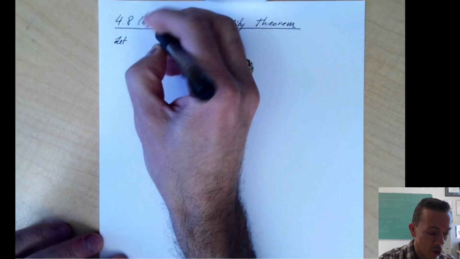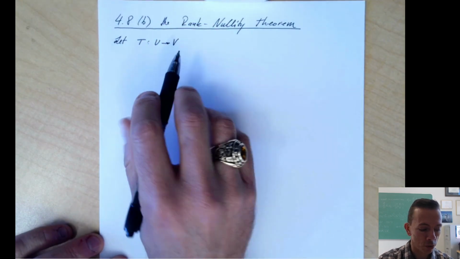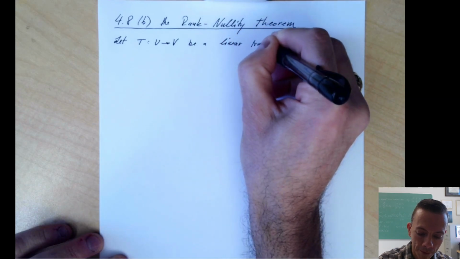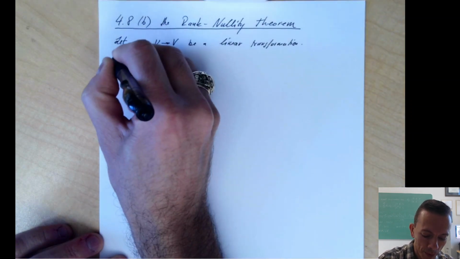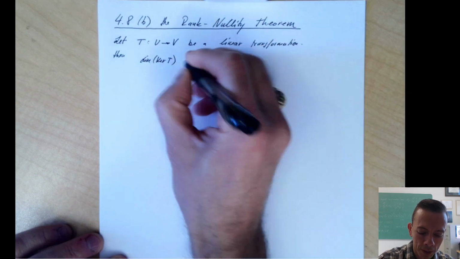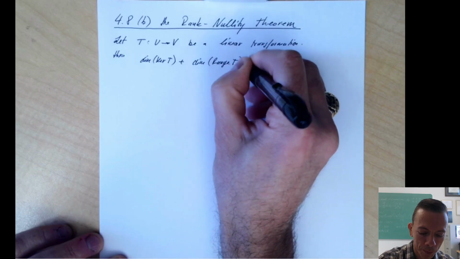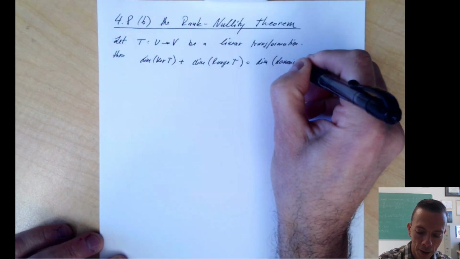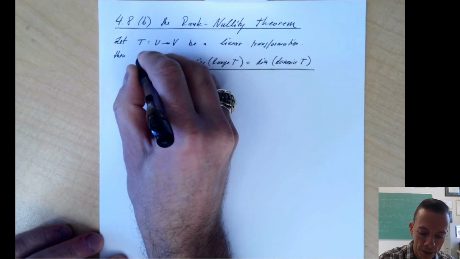So if we have a linear transformation T from vector spaces U to V, then the dimension of the kernel of T plus the dimension of the range of T is equal to the dimension of the domain of T. So this equality here is called the rank-nullity theorem